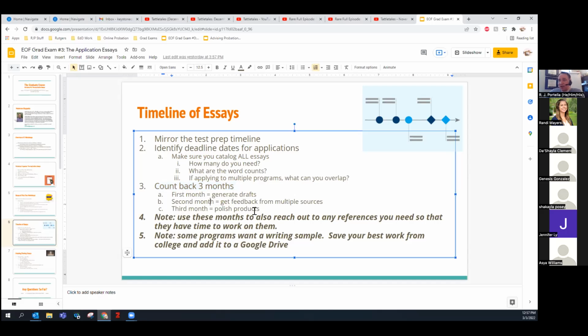So if you look under here, what I would recommend is in the first month, you're going to want to generate those drafts. In the second month, you're going to want to give ample time to get feedback from multiple sources.